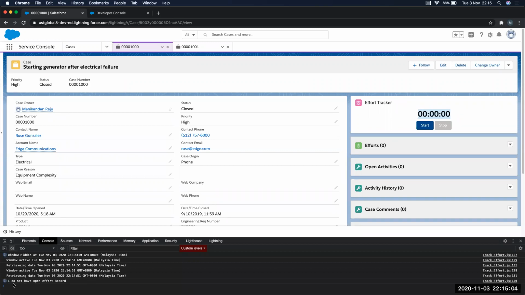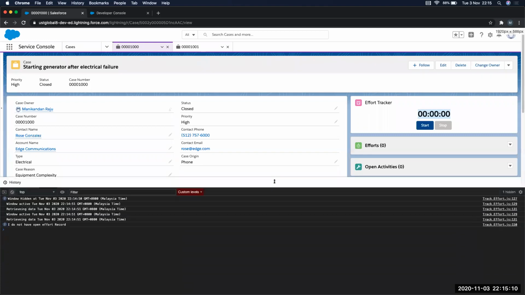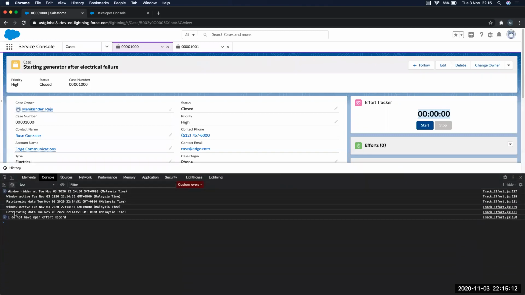And this is something which will run when it becomes active. Let me increase this. So when it becomes active, I'm retrieving it from the database, and if there are any records, then that information will get rendered on this timing.